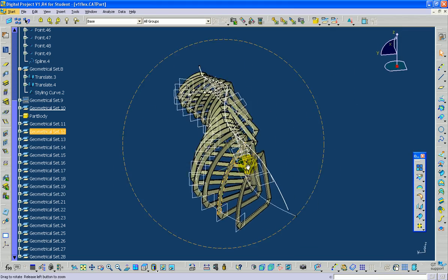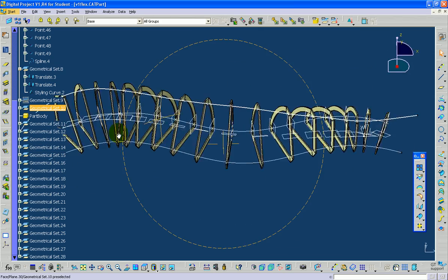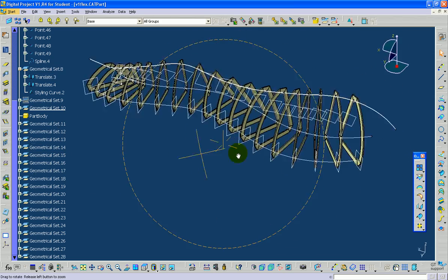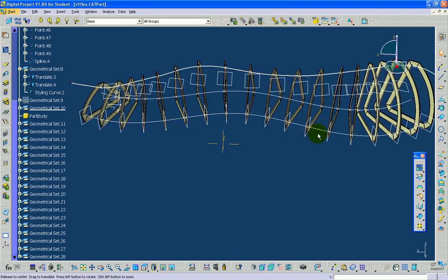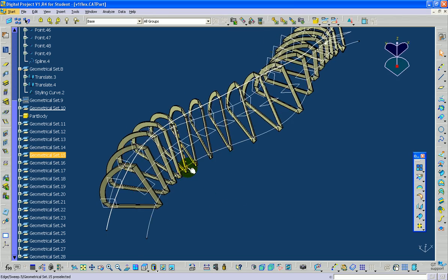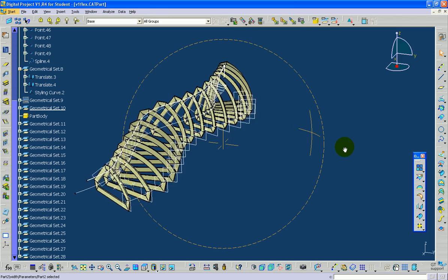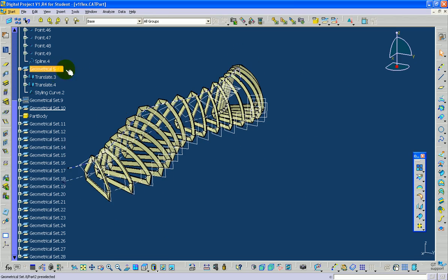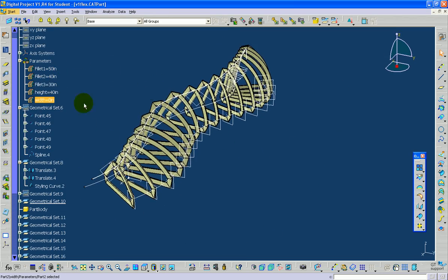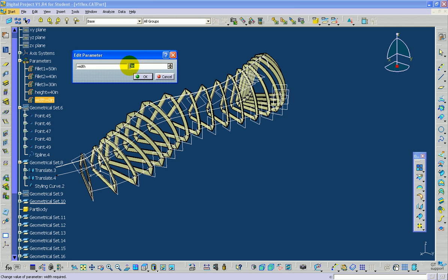So here we go. My old PowerCopy instantiated in the new conditions and the new geometry, and what I can do here, I can adjust it so it fits my needs, and I can do it through the parameters. So I'm just going to go ahead and double click the width, make it a little thicker, let's say 30 inches,